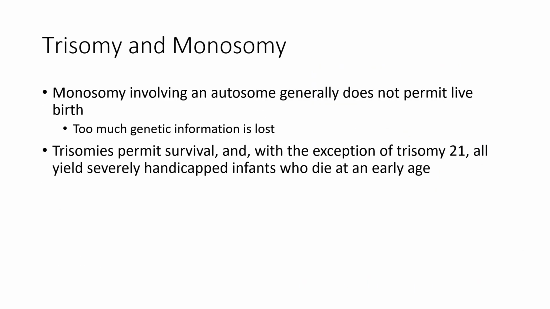Let's talk outcomes, because not all chromosomal abnormalities are compatible with life. Monosomy involving an autosome is almost always lethal. Losing an entire chromosome means losing way too much genetic information. The cell cannot compensate. Trisomies, on the other hand, can sometimes permit survival, but usually with severe consequences. With the notable exception of trisomy 21, most autosomal trisomies result in infants who survive only a short time after